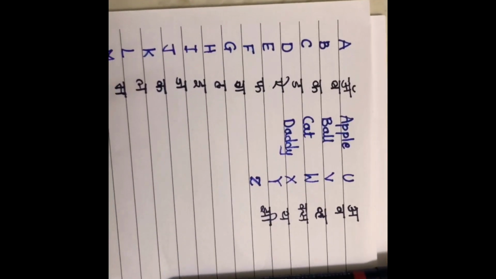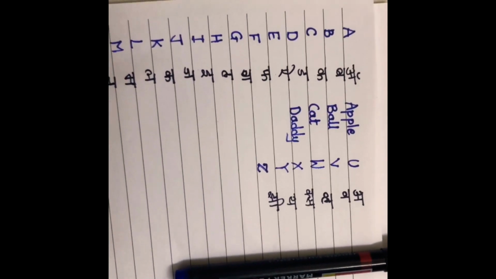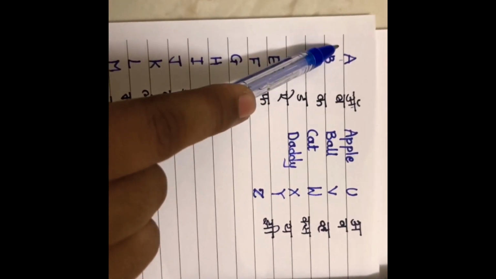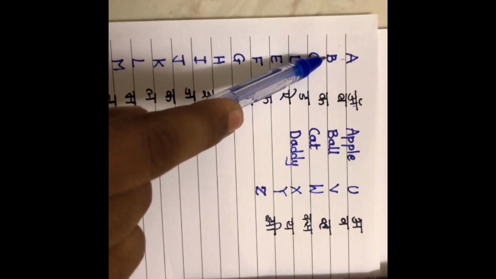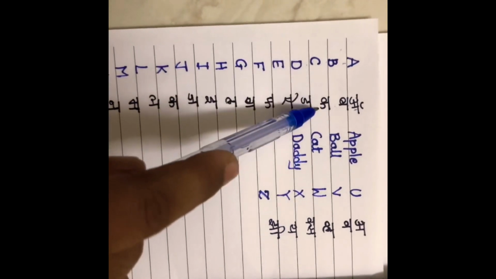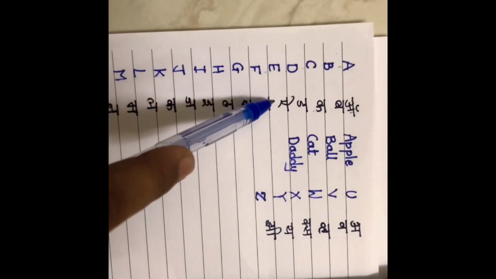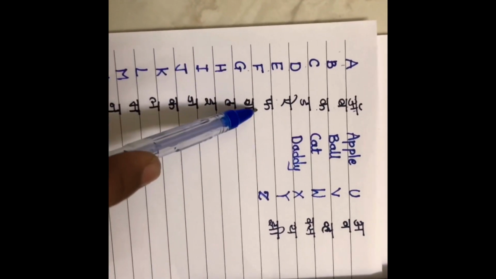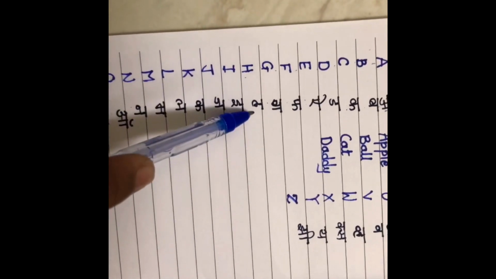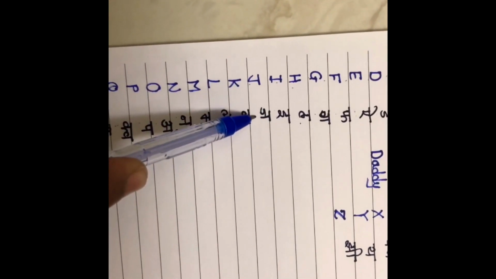Now let's start. Here I'll pronounce each and every letter. You have to make sure that you are paying attention and trying to pronounce it the same way. A, a, B, b, C, k, D, d, E, a, F, f, G, g, H, h, I, E, J, Z,